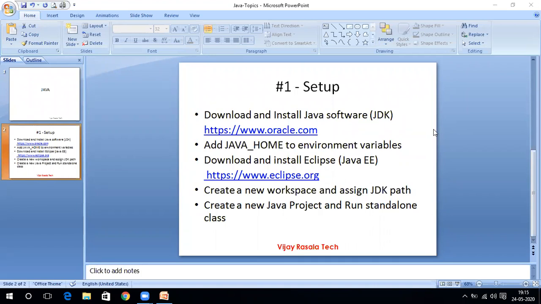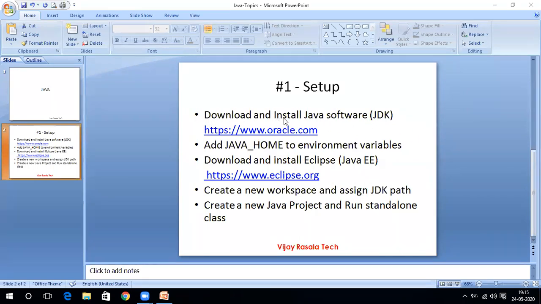Then we'll talk about how to create the workspace, and after that how to assign the JDK path to Eclipse. Then next we'll talk about the creation of a new Java project and running the standalone application. Okay, let's go back to one by one.